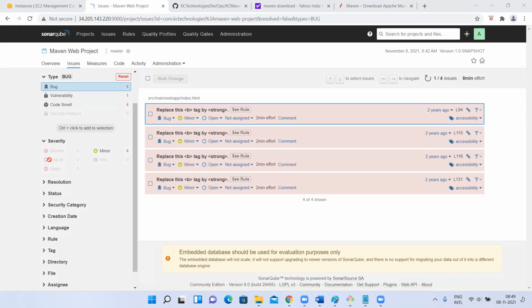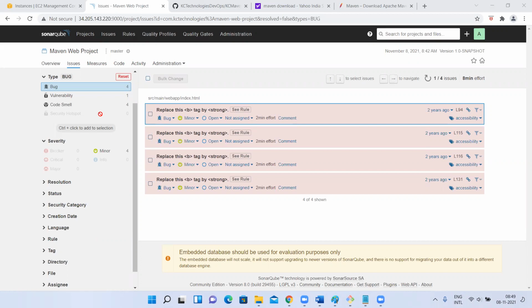If you have any blocker, critical, or major issues, that means the report is not clear. So you have to inform the developers, and the developers will make sure these are 0. In your DevOps automation itself, if any of these are not 0, you can break the DevOps flow and not continue with the deployment. Or else you can continue with the deployment and then inform your developers, hey, these are not zero, so go and fix it.